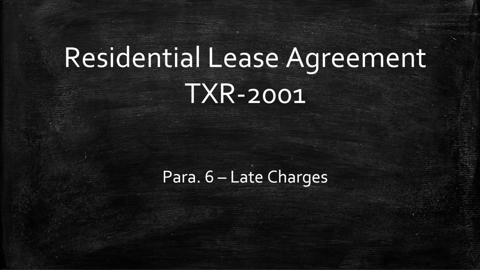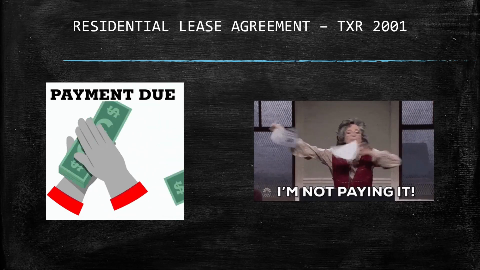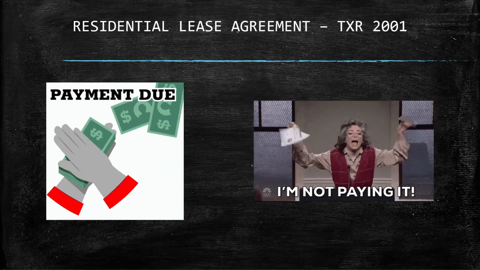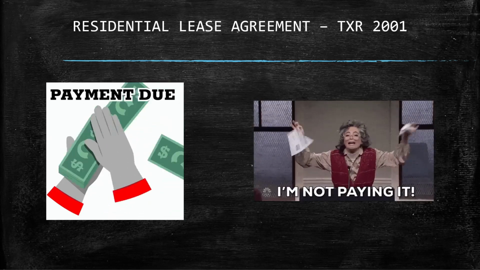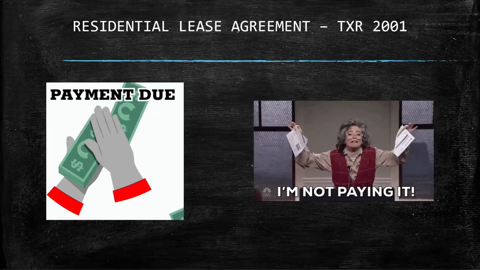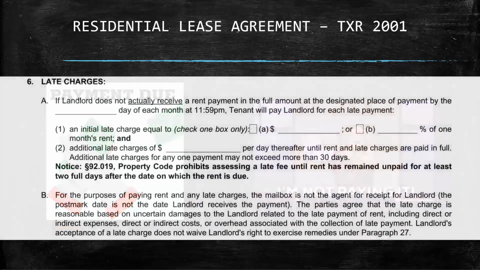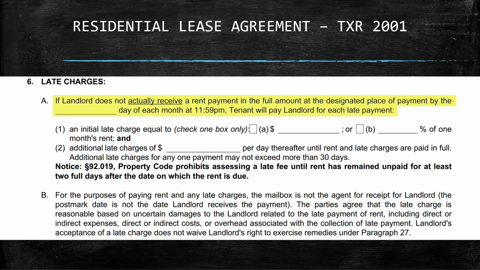Paragraph 6 of the lease agreement deals with late charges. As you recall, when we talked about the tenant's obligation to pay rent in paragraph 5, we said that the obligation to pay rent and the deadline for paying rent was a time is of the essence date. Well, if the tenant misses that payment deadline for the rent, the lease agreement gives us some provisions that talk about what happens then. And so we start here with paragraph 6A, and it says, if the landlord does not